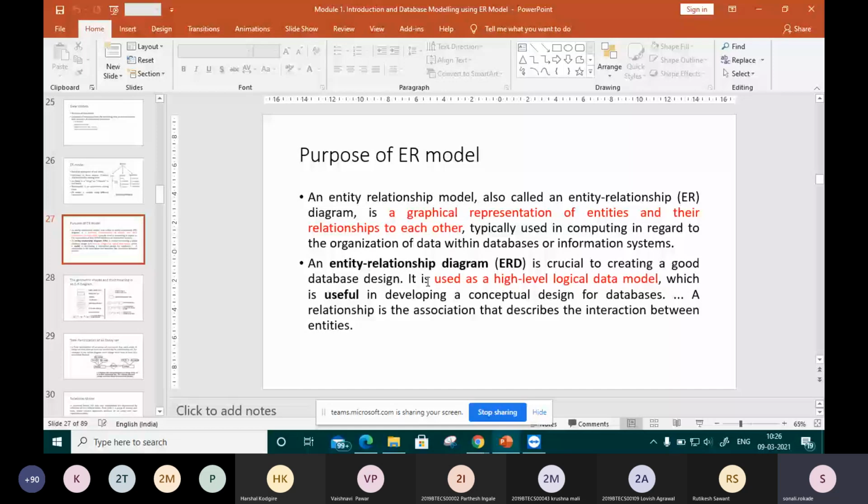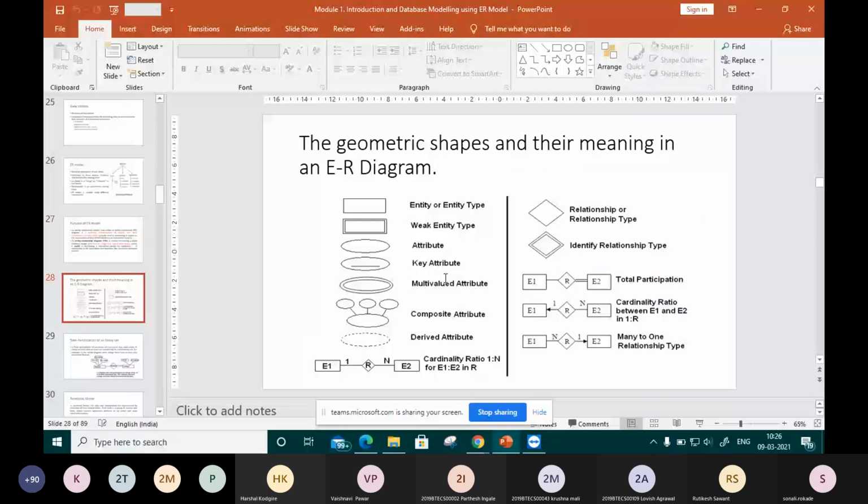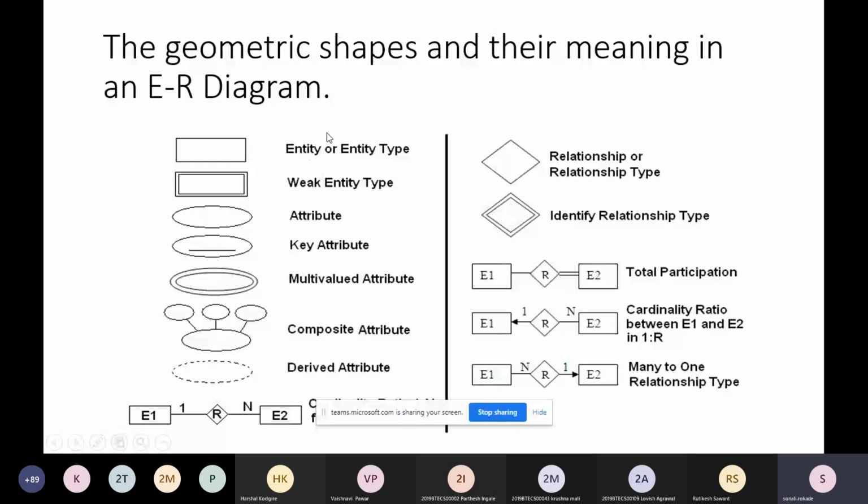So how are we going to define or design this ER model? As we are going to use this ER model diagrammatically, we need to use some kind of symbols. And those symbols here we call the geometric shapes of ERD. There are a number of ERD geometric shapes available, and some of them are included here. Let me make it full screen. Okay. So first of all, the rectangle is here. It will tell you the entity, or which type of entity you are using.